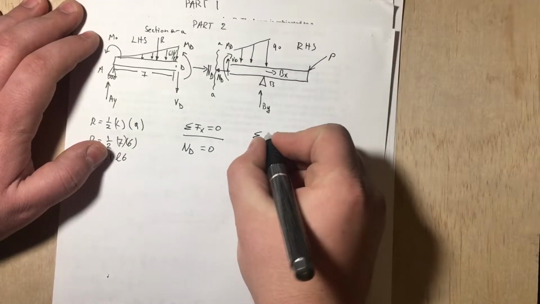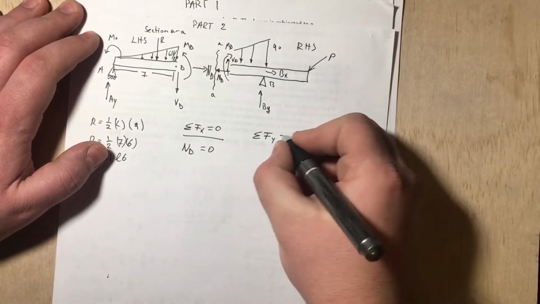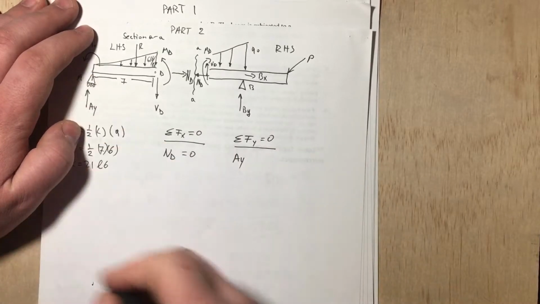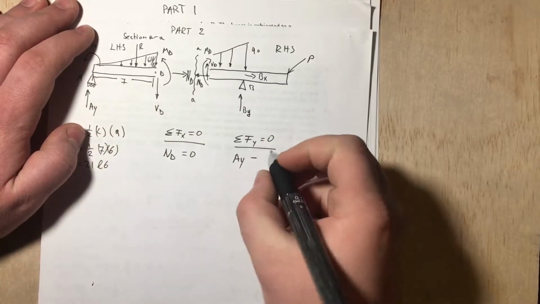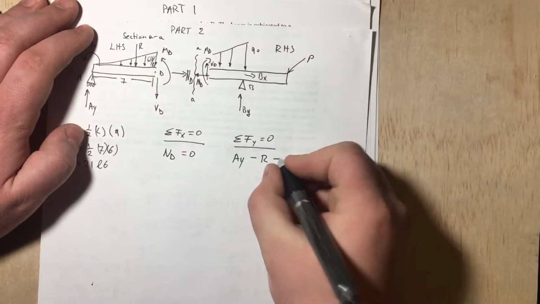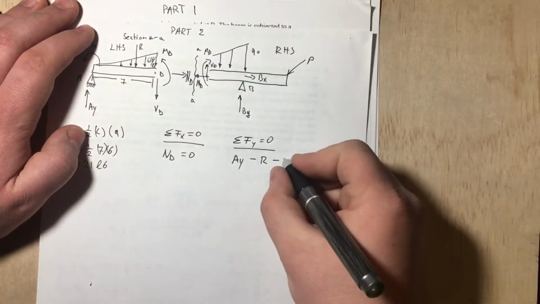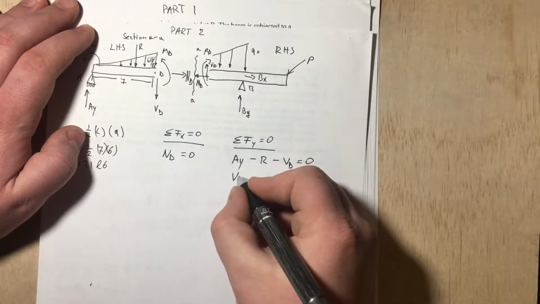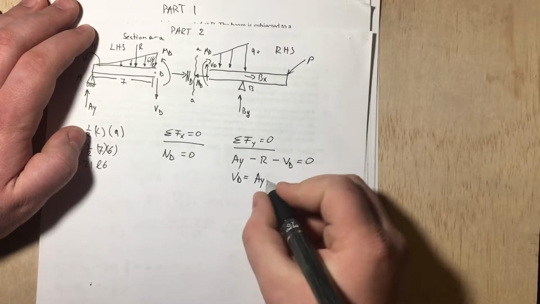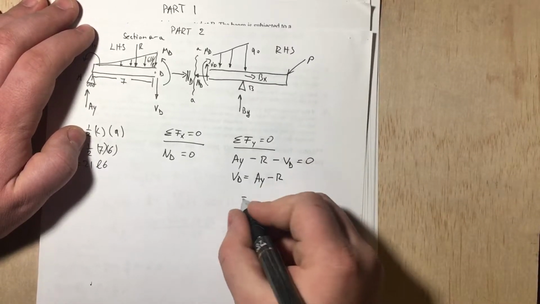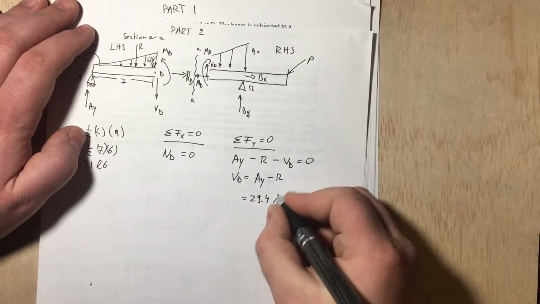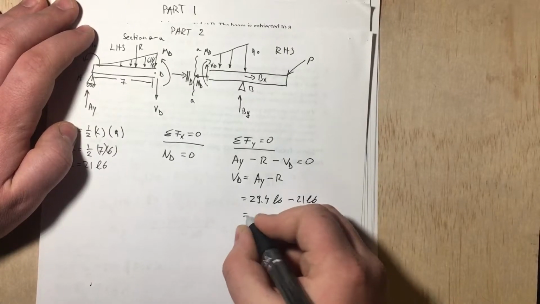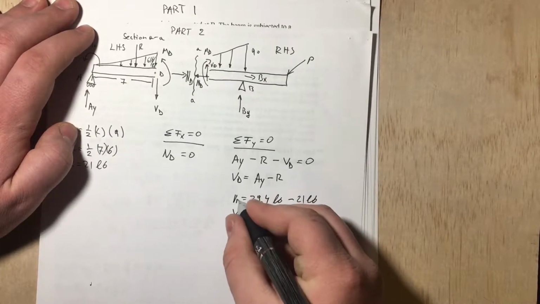That was easy enough, so let's go ahead and calculate the sum of the forces in the y direction, and they also have to add up to 0. So we have AY that's going upwards, and then we have minus R because it's going downwards, and then we have minus VD because as we've drawn it is going downwards. Okay, so therefore VD is going to be AY minus R. AY is 29.4 pounds, and then we just calculated R, which was 21 pounds. So VD is going to be